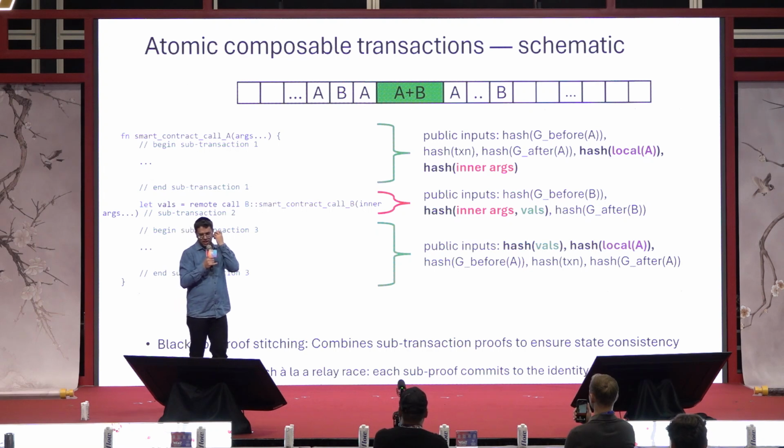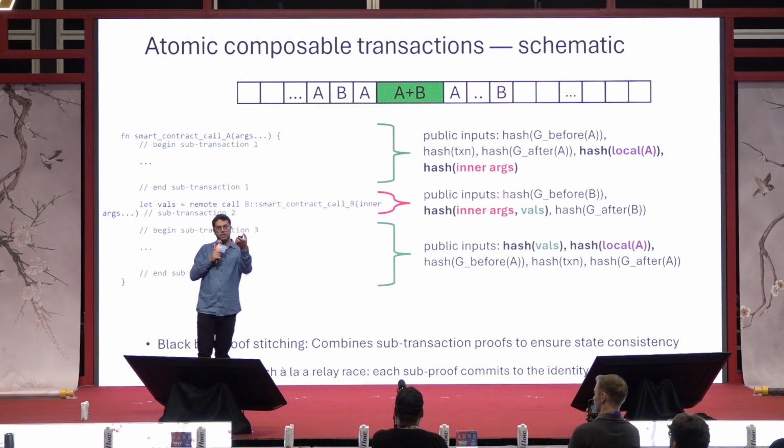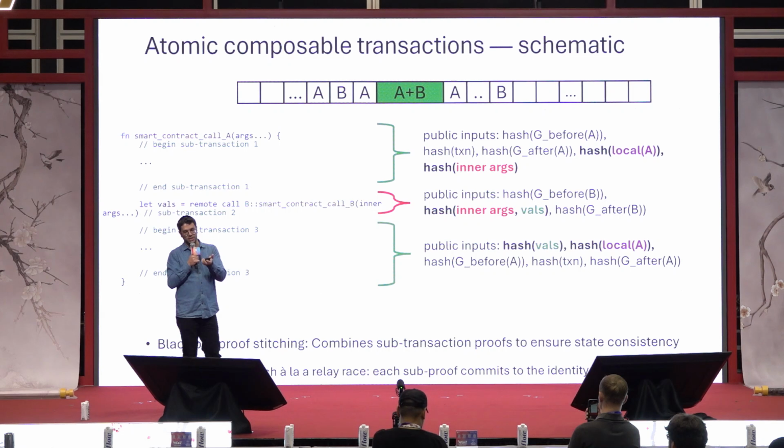So if you look at this transaction call, you'd see a smart contract call on A, starting execution. I call this some transaction 1, up to the point where ownership of execution is transferred to the remote call to B. It's defined as some transaction 1 because it ends by the remote call. The remote call is like passing the torch in a relay race, where I'm going to ask prog B to prove its execution from this point until it passes the torch back to me. So we have 3 sub-transactions.